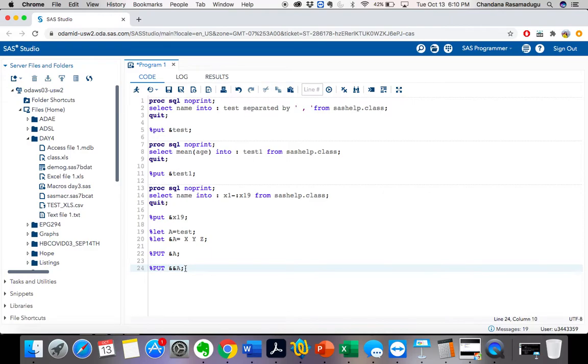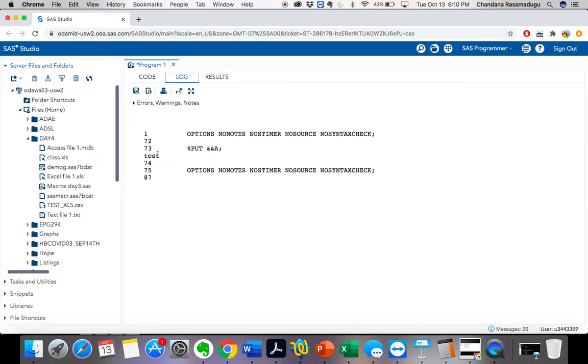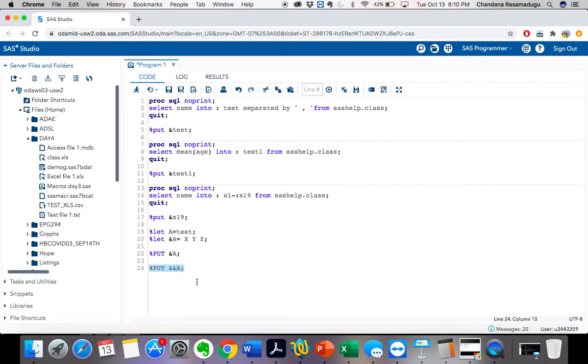See, when I give these two ampersands, it will consider it as one ampersand, because if there are multiple ampersands, two ampersands will be resolved to one ampersand. So when I gave two ampersands here, I got the same value, which is test, because it is resolved to just one ampersand.